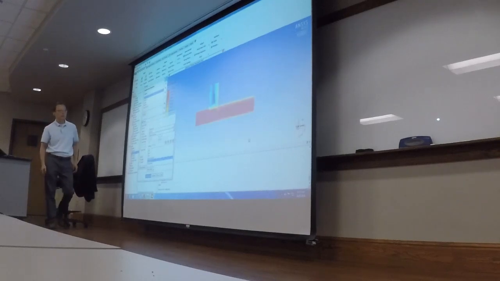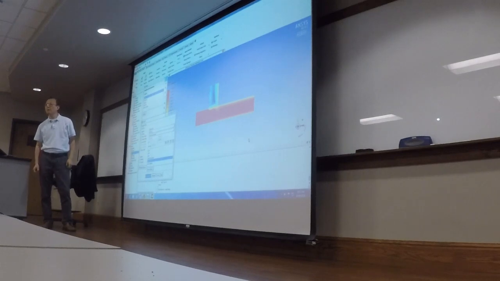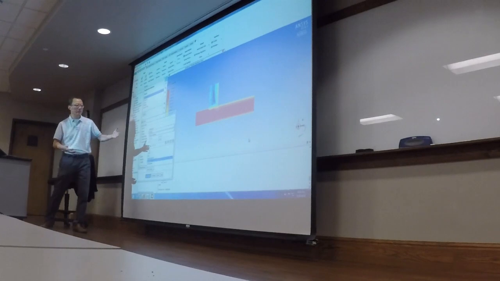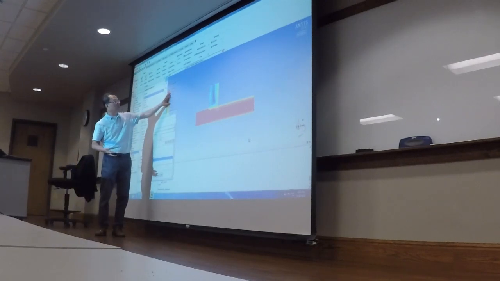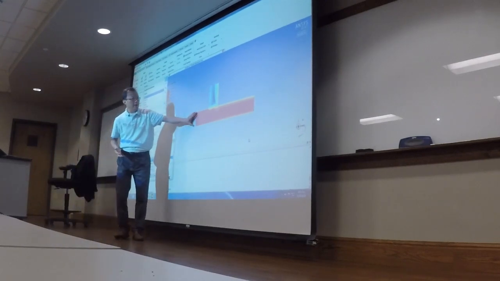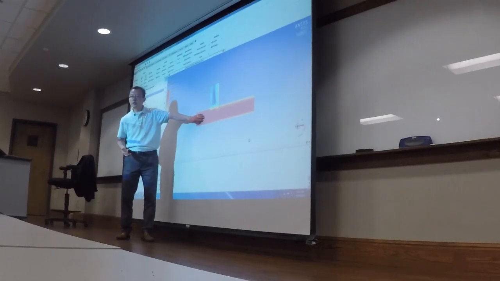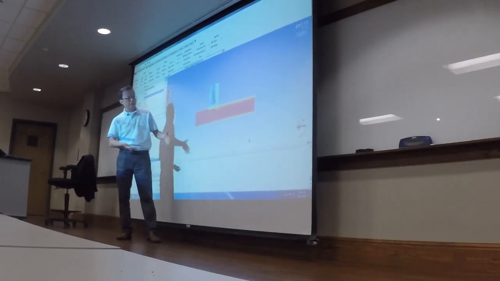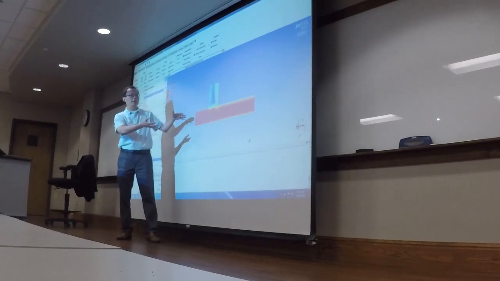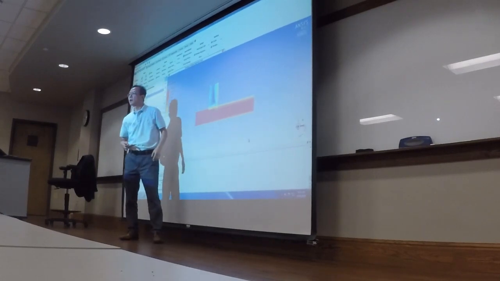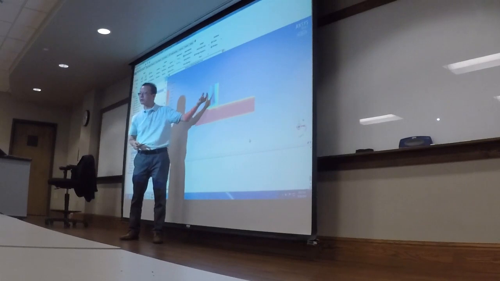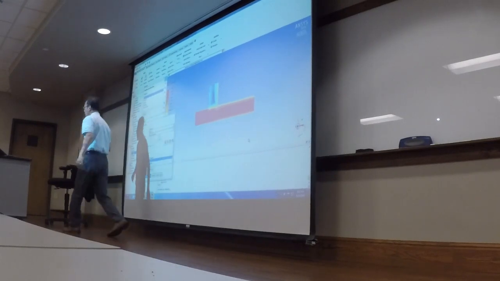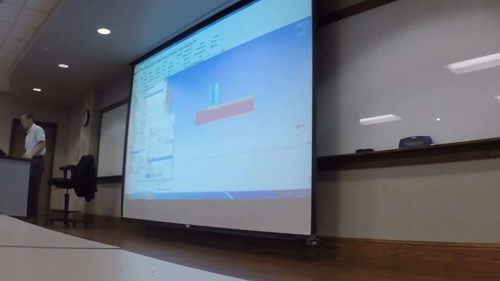In your report, in your homework, I would like to see this figure. So after you get a converged solution, this is what I would like to see. So here, this is the velocity magnitude, and you can see red means high velocity. This means low velocity. You can see clearly majority of the flow is in the line portion. Only a very, very small portion goes to the junction. But I would like to see